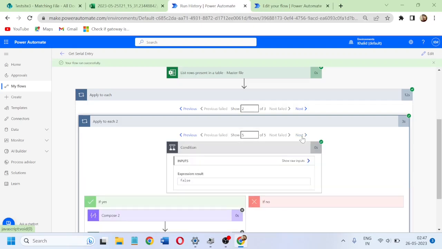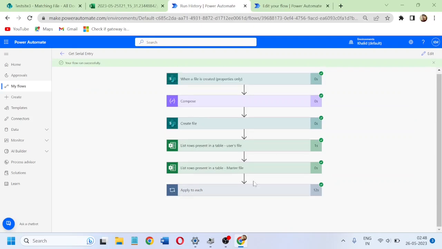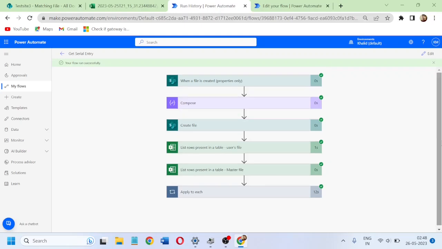So if there are a lot of entries, hundreds of thousands of entries in the master file, it would have to iterate across all that, and that is where the issue is, because it will take a lot of time. Instead of this 12 seconds, it will be much higher. So what we can do is